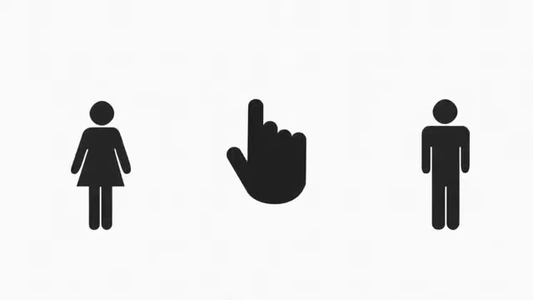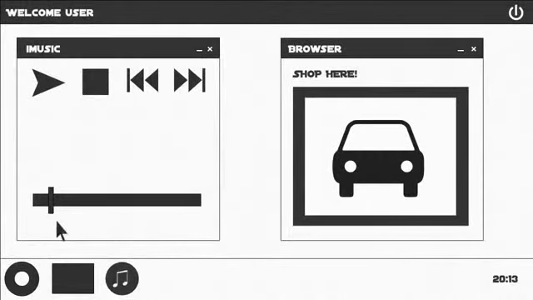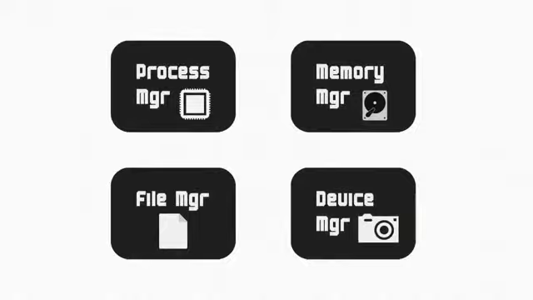So how do we, the user, interact with the operating system? We rely on the use of a user interface. This gives us a visual understanding of what we are trying to do when we interact with the system. So when you click and hold a file to move it into a folder, you're making the managers work to carry out the request. In the next few tutorials, we will be digging deeper into managers and